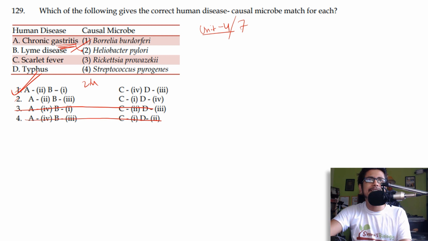But still, let's read it. Scarlet fever is caused by Streptococcus pyogenes, and typhus is caused by Rickettsia prowazekii. Okay, so these are the correct statements. So these questions are also easy. Just like the combination questions, you can also answer this type of match type question quite easily without much difficulty. But always when you read the question, read the options, check the options, and always believe in option-mediated answering of the part C questions, particularly in the combination questions as well as in this kind of match type questions. Okay,